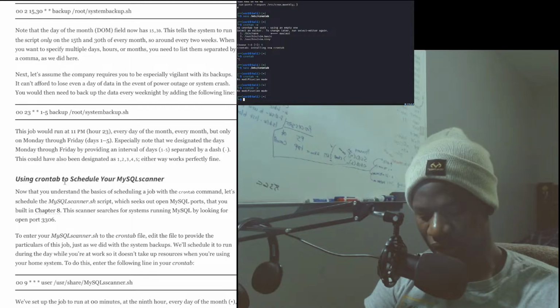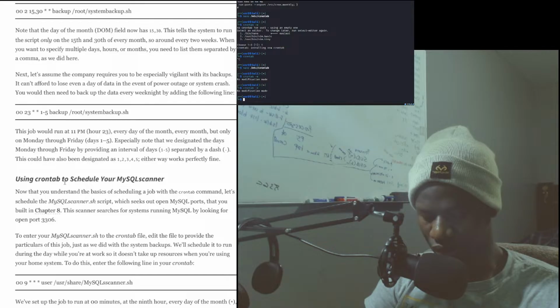When you want to specify multiple days, hours, or months, you need to list them separated by a comma, as we did here. Next, let's assume the company requires you to be especially vigilant with its backup. It can't afford to lose even a day of data in the event of a power outage or system crash. It will then need to back up the data every weeknight by adding the following line.